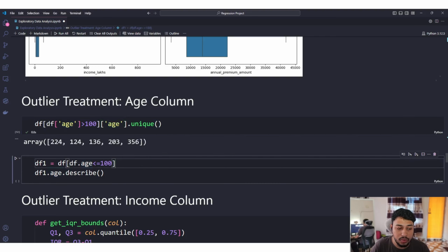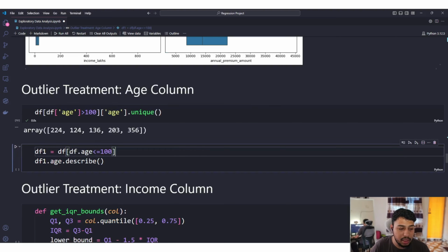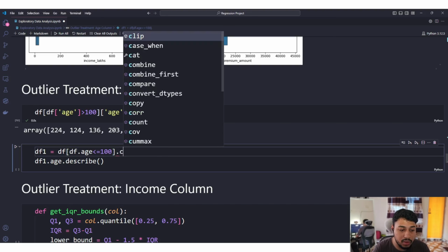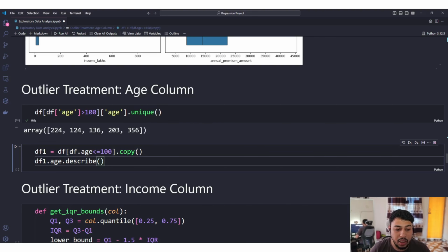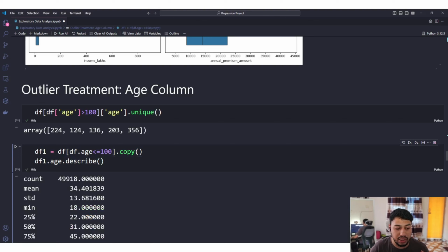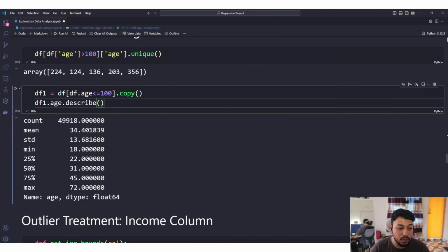So what we can do is create a separate data frame called df1, which contains only those rows that have age less than 100. We also use the copy method, which creates a separate physical copy of our new data frame. In the new data frame, we are only taking the rows where age values are less than or equal to 100. After that, if we see the distribution of our age column,